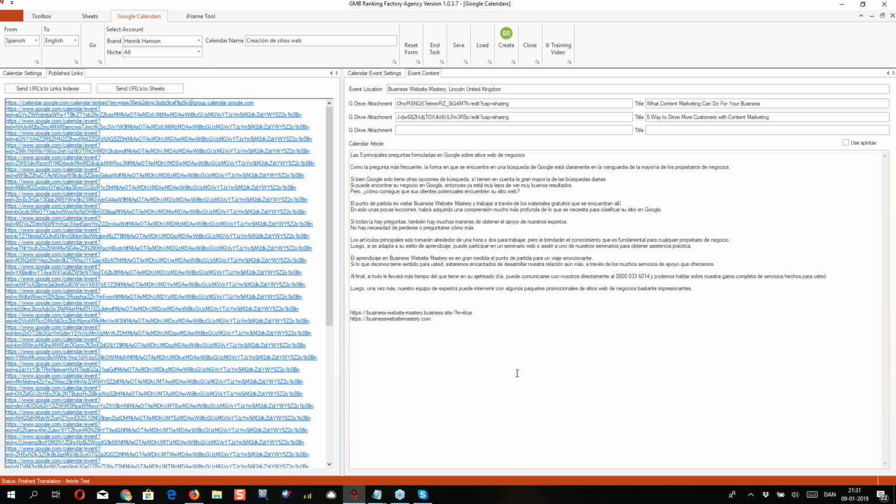I mean, it's pretty exciting stuff when you think about the possibilities of setting this up in English, and going back and doing it in other languages. You can just continue from Spanish to, let's say, Danish, and hit go again, and then plum. Of course, you have to create the calendar in the various languages, but